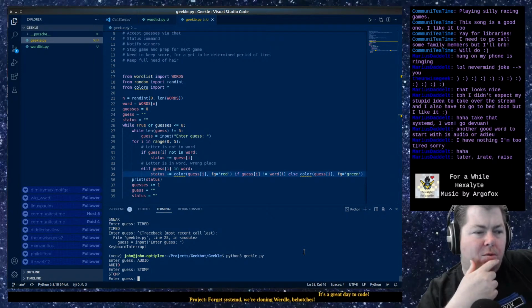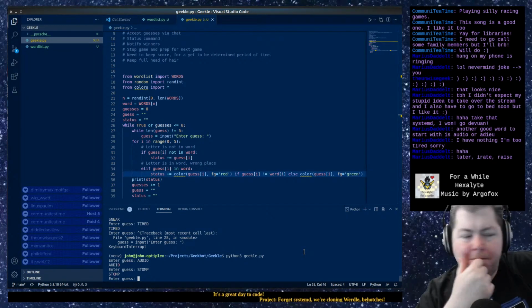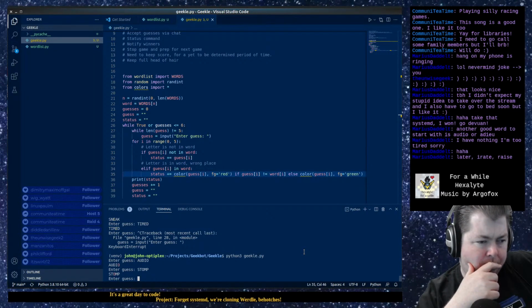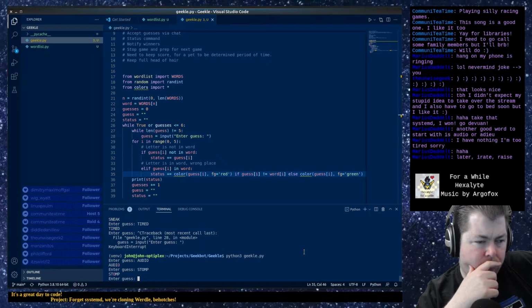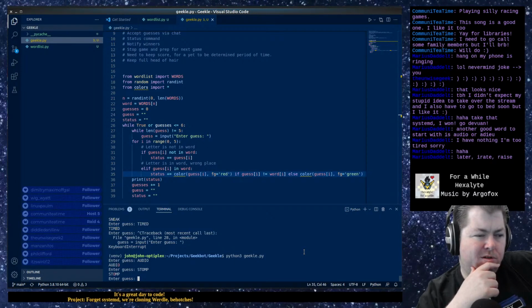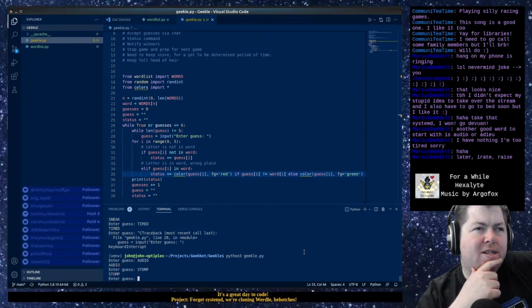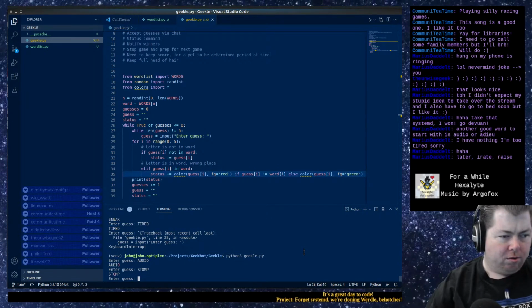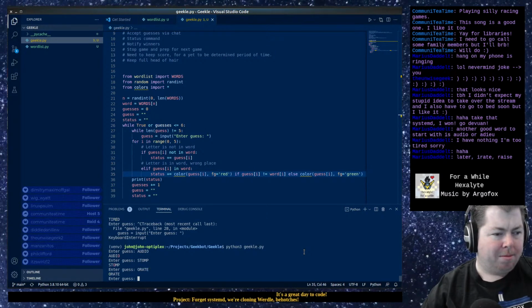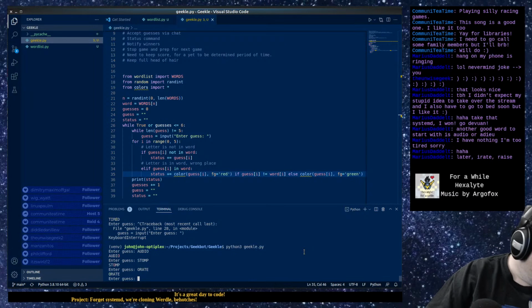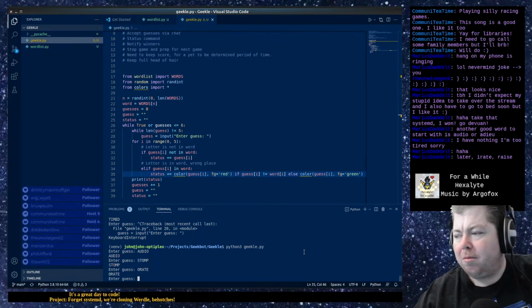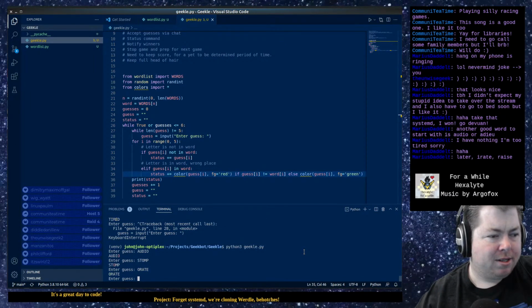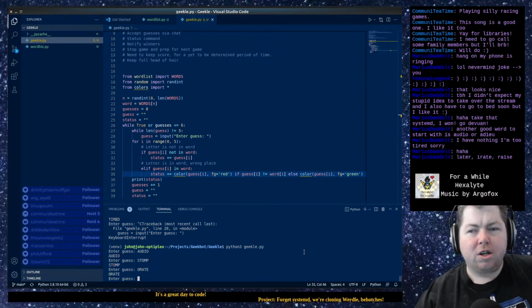Well, we know there's no A. Let's try, we know there's no A, but maybe orate. Okay. So green is really light, but O is in the right place. So we know it's going to start with an O.